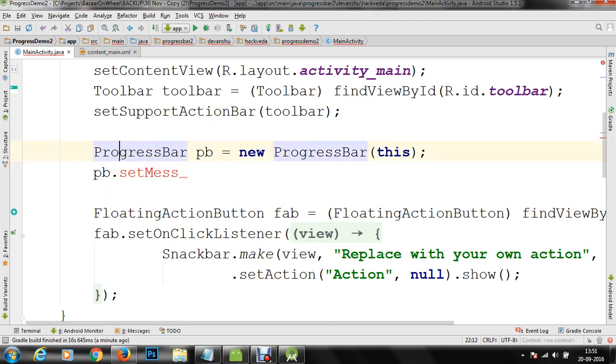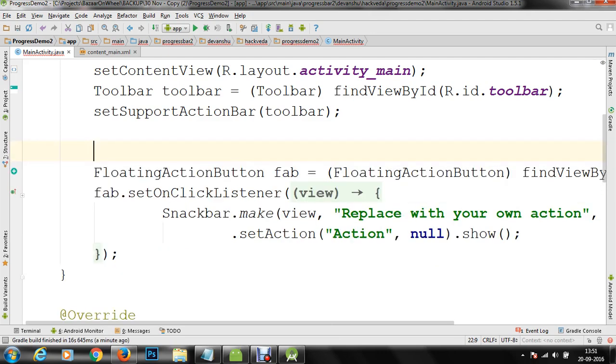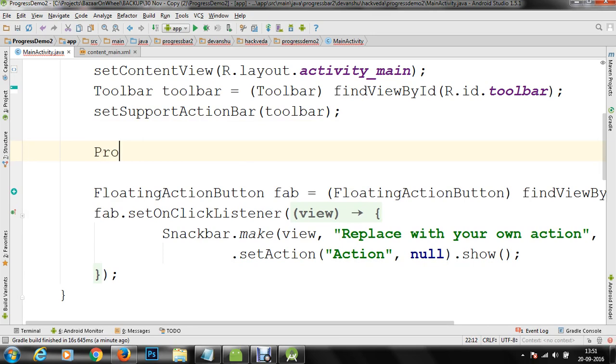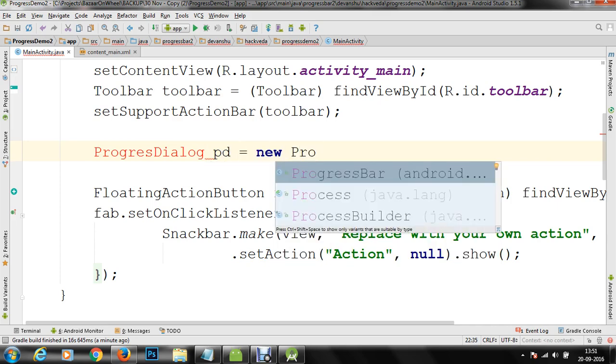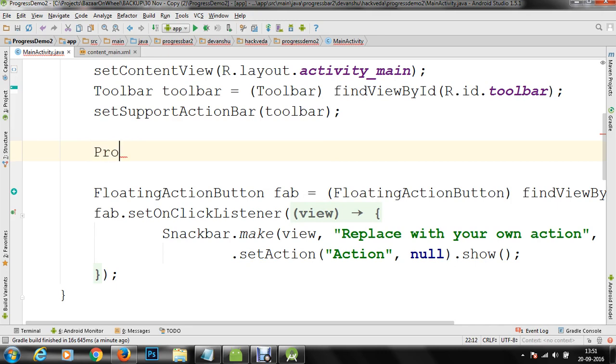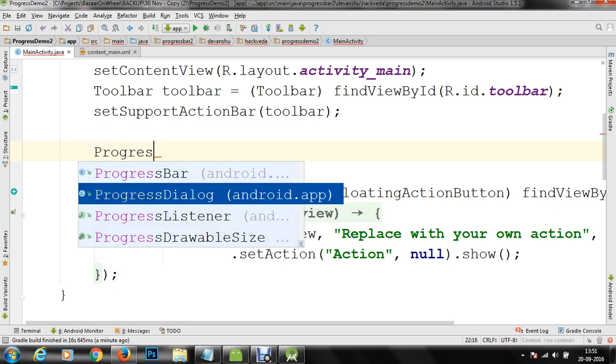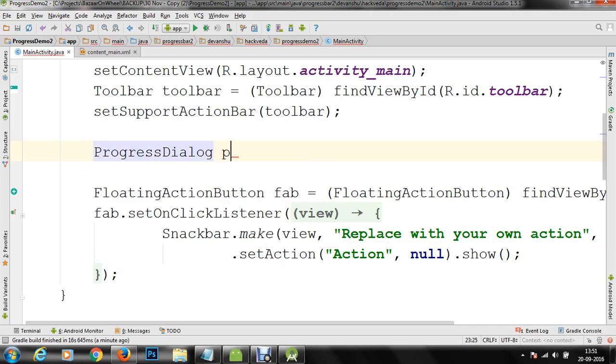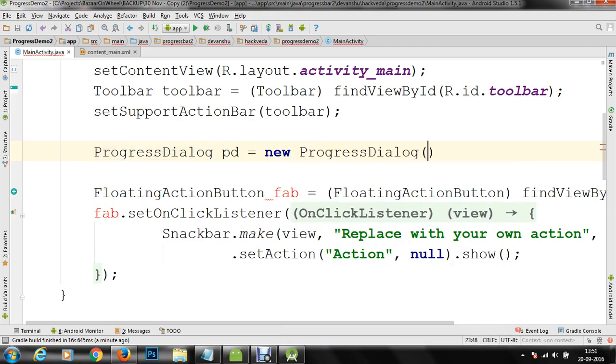so with the part of progress bar, what next we can do, let's make a progress dialog here. pd is equal to new ProgressDialog, and we are going to specify the context as this.